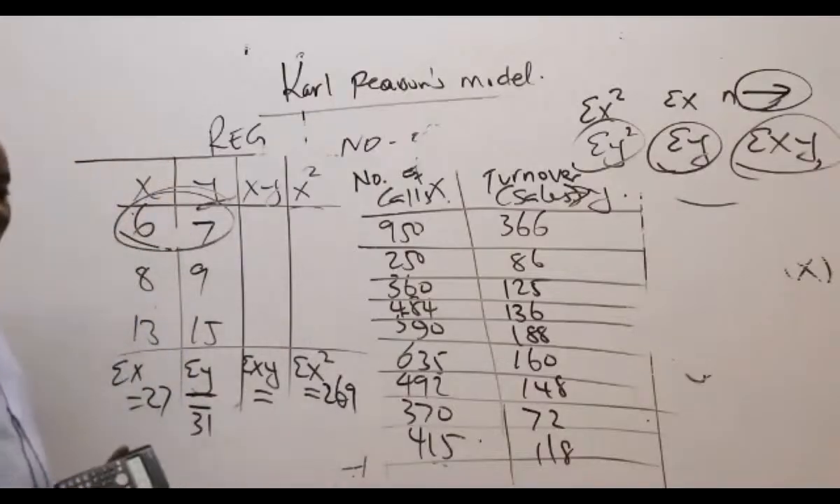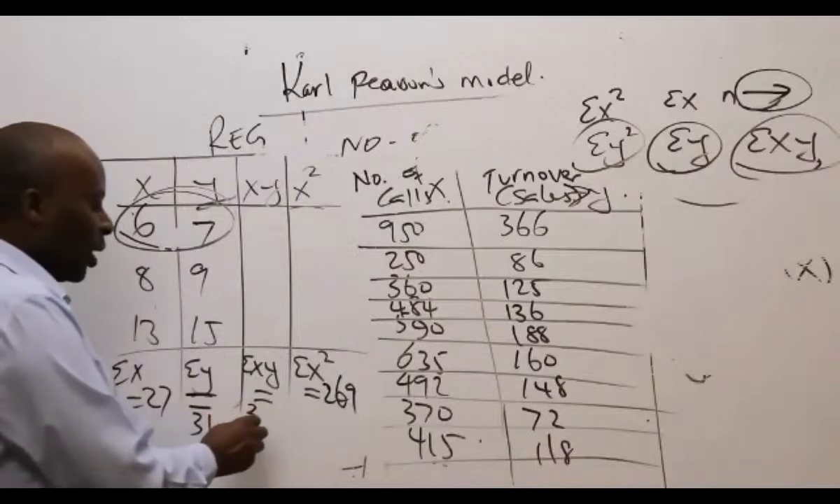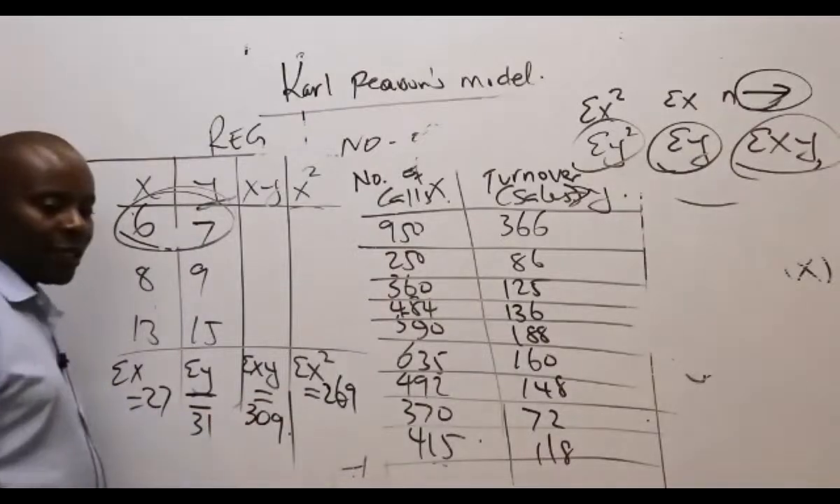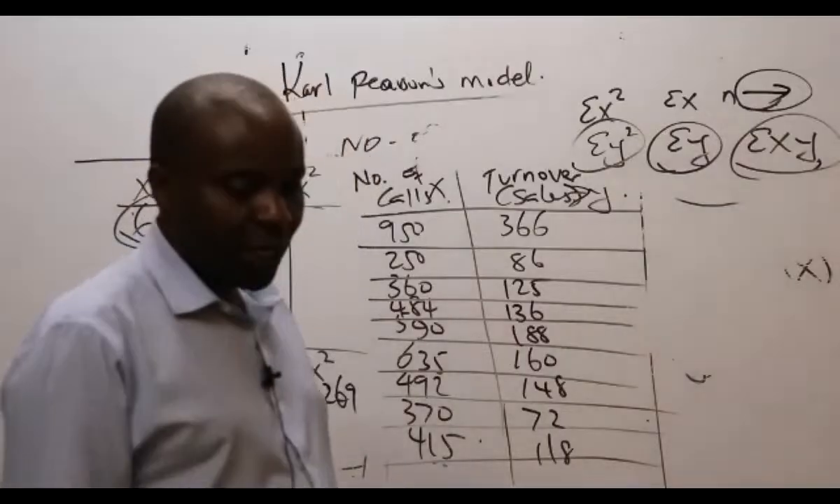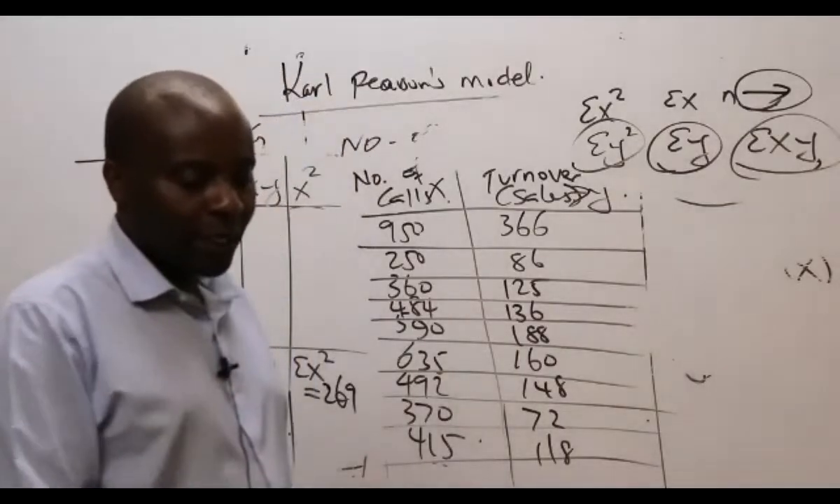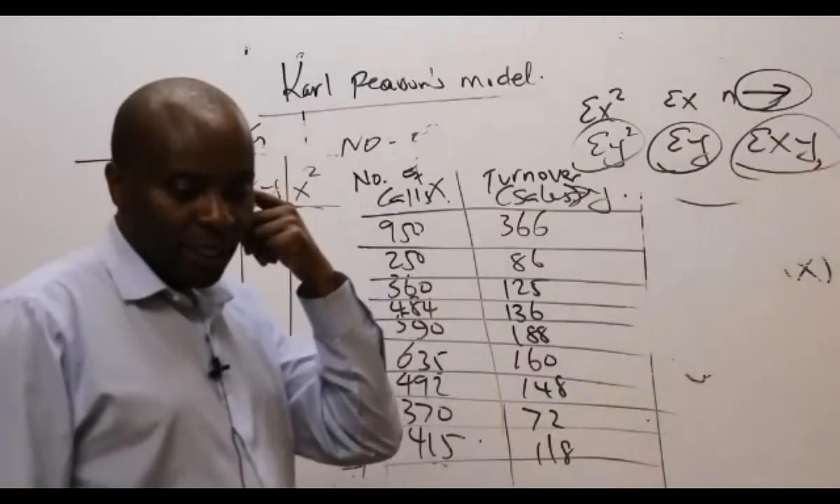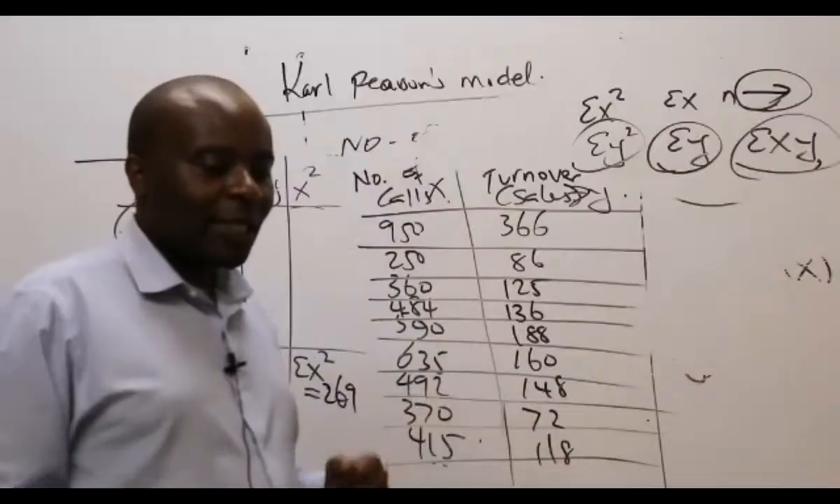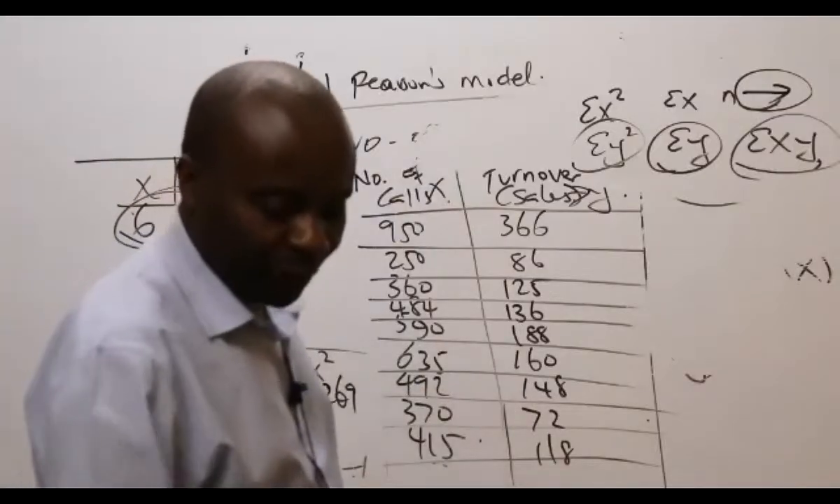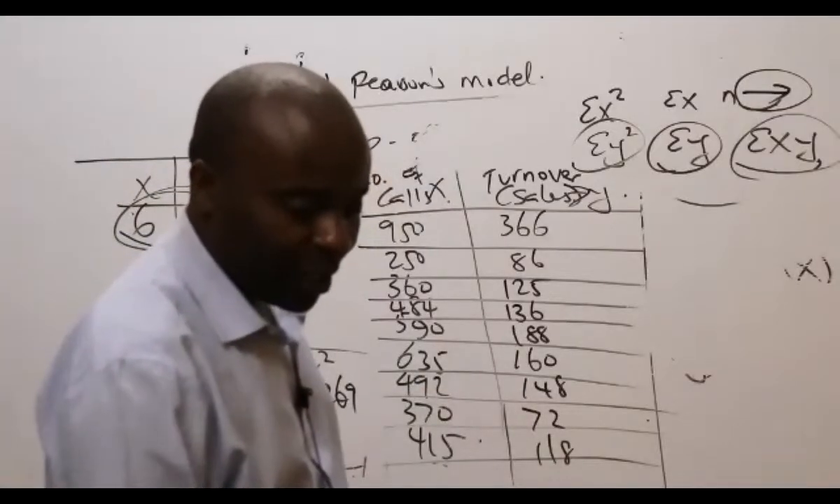Great. And they have even gone ahead to give me summation of xy as 309. Sum of xy, they've gone ahead to give me sum of xy as 3 what here, somebody? As 309. So, ladies and gentlemen, allow me to repeat very fast, but of course, as I repeat, the students